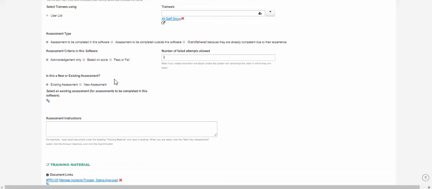The assessment type, I've got a couple of choices here. If staff are already competent because they've been working here for quite a while, for example, I could tick this grandfathered box. If the assessment was to be completed outside of the software, for example, I was sending staff on a first aid course, then that assessment would be delivered by the training provider. So then I would click the assessment to be completed outside of this software button. But in this case, the assessment is going to be completed in this software, and it's just going to be an acknowledgement only